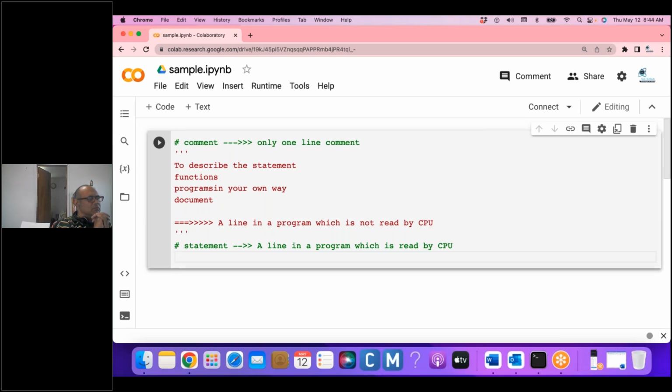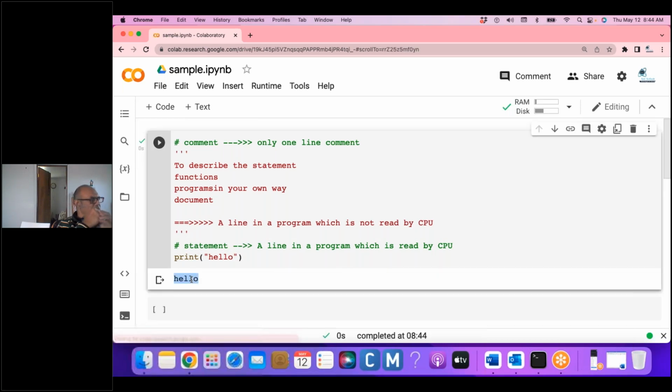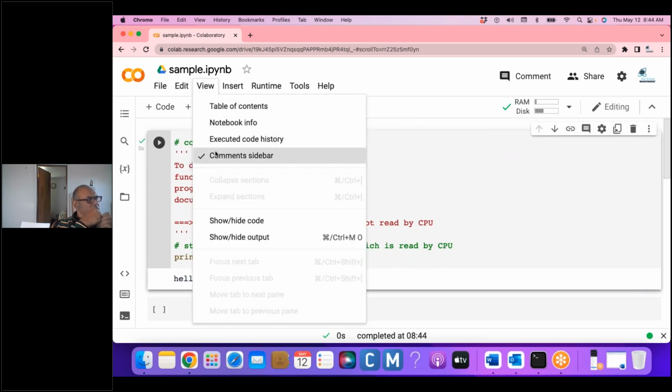Let me consider I have to print hello. When I use the print statement, the print and hello together are one line. Whenever this is executed by the CPU, it understands this line and prints hello on the screen, so that we get the output hello. Clear? So for example, if you want to display the lines,